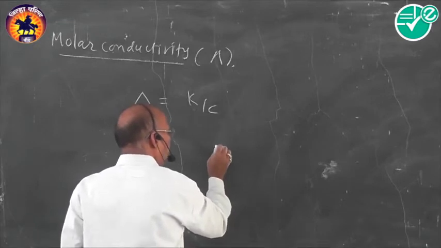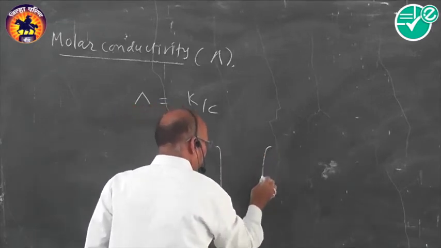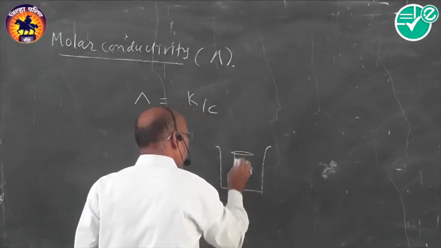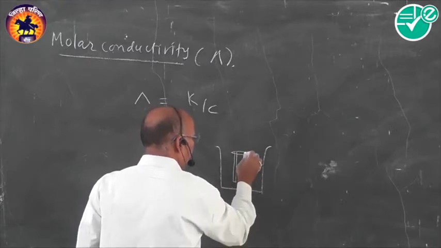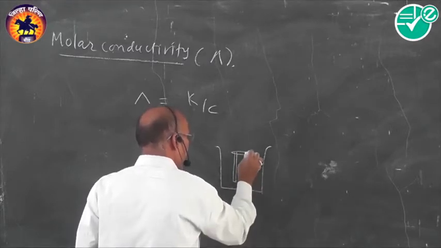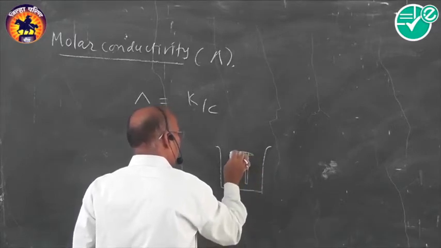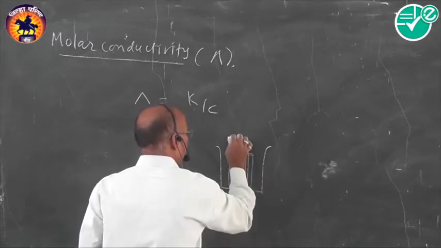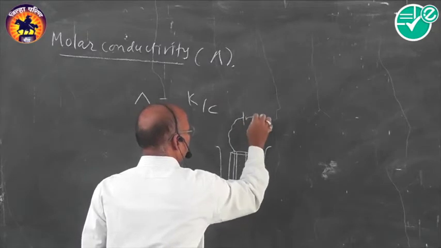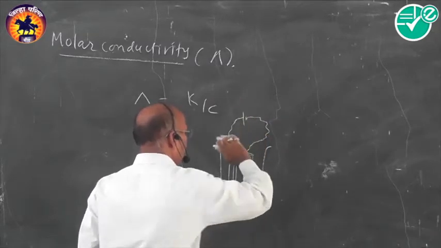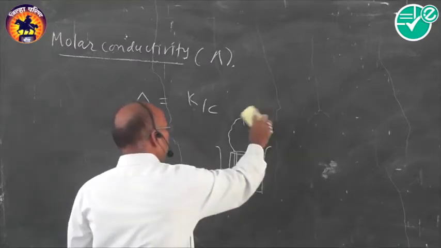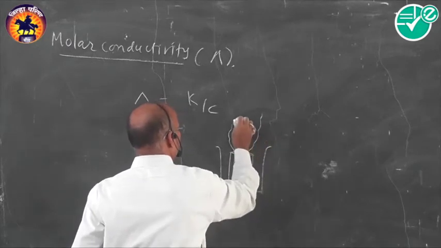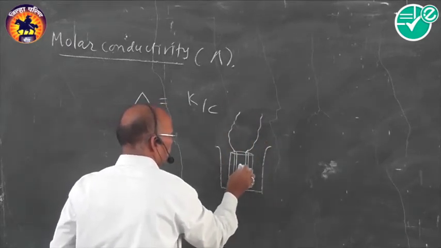Now after that, we have to think about the other definition. Suppose here we have to consider the cell. I will consider the cell like this. Conductivity cell is there, which I will explain later on. We represent the conductivity cell in this fashion. It is connected to the metal wire, having terminals to the source. Okay, it is the solution.